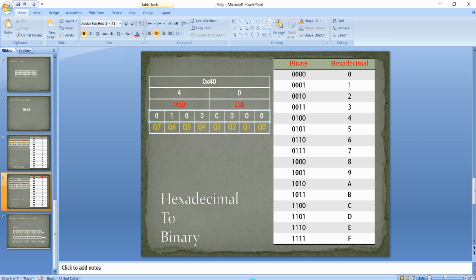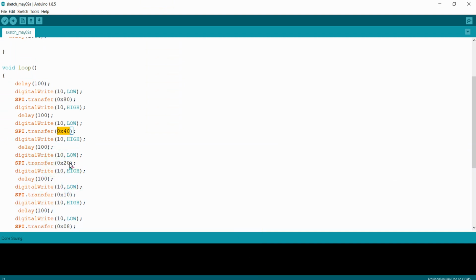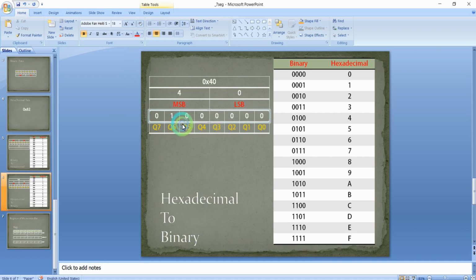And after 100 millisecond, again we are passing 0x20. So 20 is nothing but 00100000. So as per the table you can see 0010 is 2 and 0000 is 0. So now you can see the Q5 output of the shift register is high.